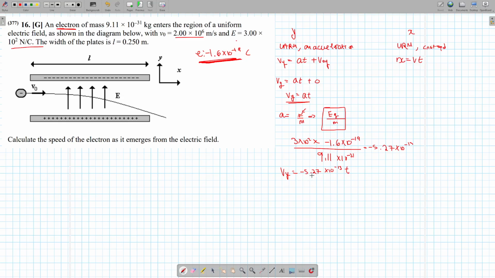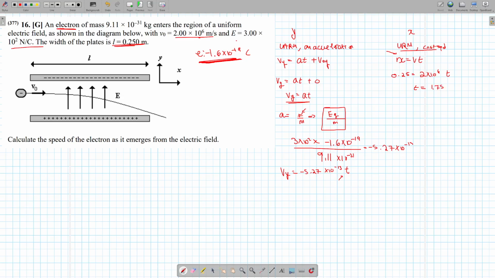So we have a problem, which is that we need to find t. We need to find the time to multiply by. There's nothing else we can really do here. We know that we can find t over here. X is equal to Vt. So we know that the distance traveled is 0.25 meters, right? So 0.25 is equal to the velocity. The x velocity, we said it's a constant velocity. It started with 2, so it's going to be 2 times 10 to the power of 6 t. So t is going to be equal to